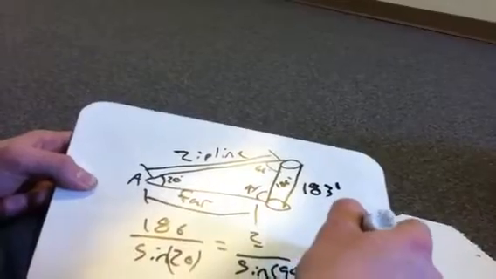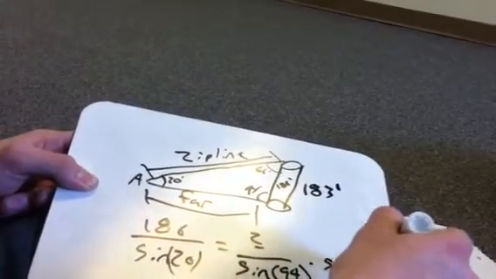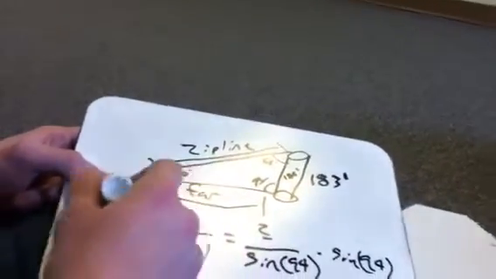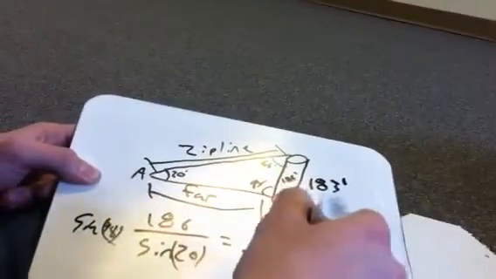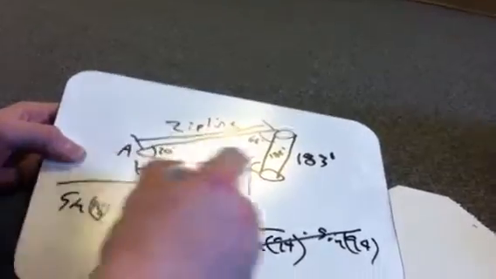You would multiply each side by the sine of 94, and it would cancel these out, so you're just left with this right here. And if you enter that into your calculator,